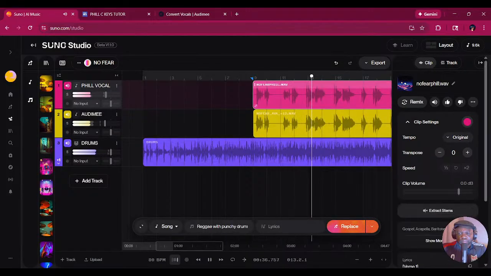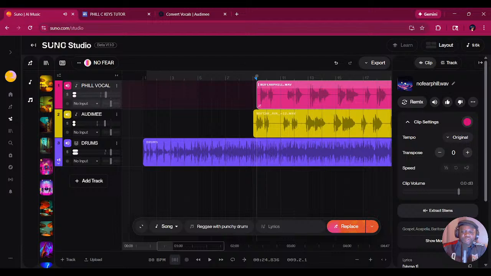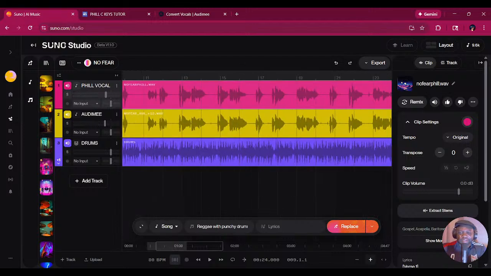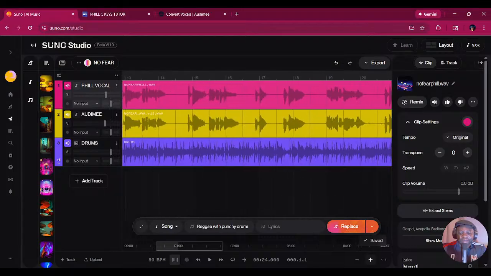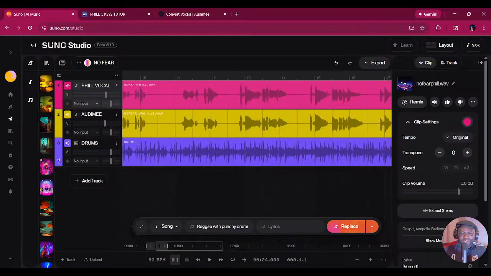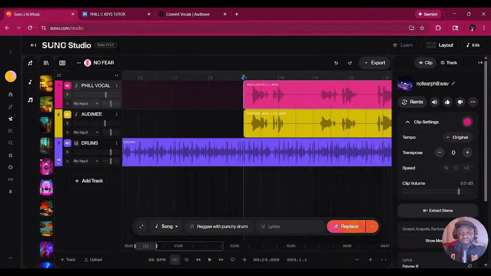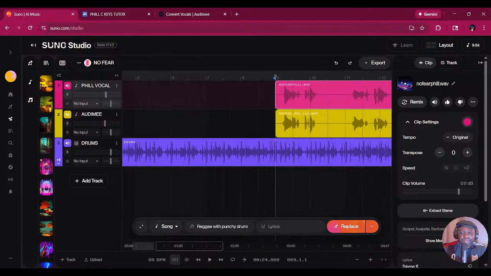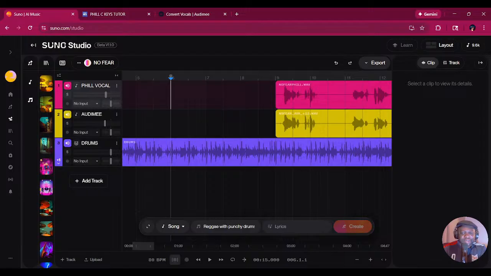So I know what it's trying to do, and I just got to expand the timeline so that I can move things around. This is where I would say it's for the insanely patient right now, because SUNO Studio is not exactly there with timing. But I've learned not to complain because the results are phenomenal when you're patient. So let me try and sync it.